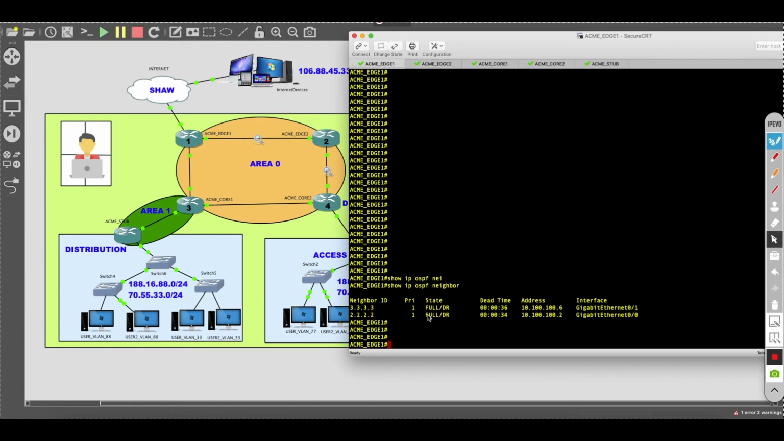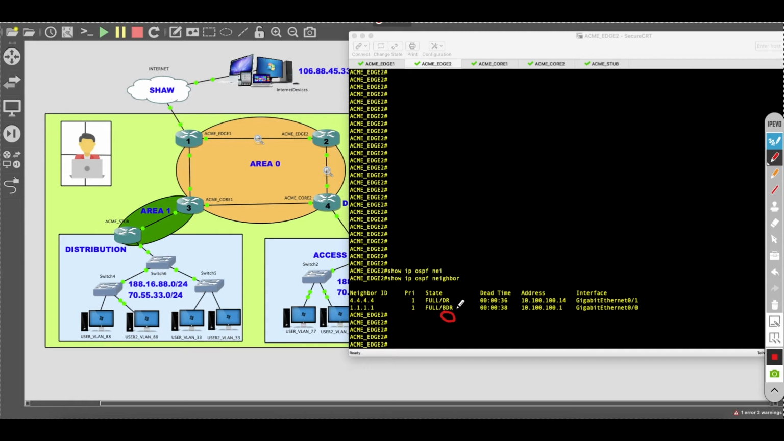Now, it's really nice to see that they're in a full state, but we have a little bit of a problem. Even though they're in a full state, what's happened is that they are electing a designated router and they're also electing a backup designated router, which is this guy right here. Now, the reason for that is because OSPF has embedded in the process the ability to interpret which interface it's connected to. So, for example,